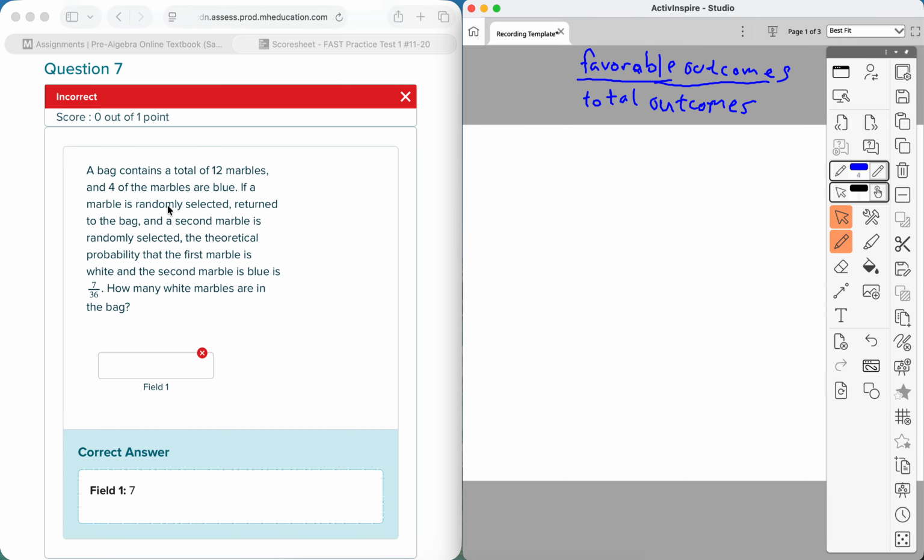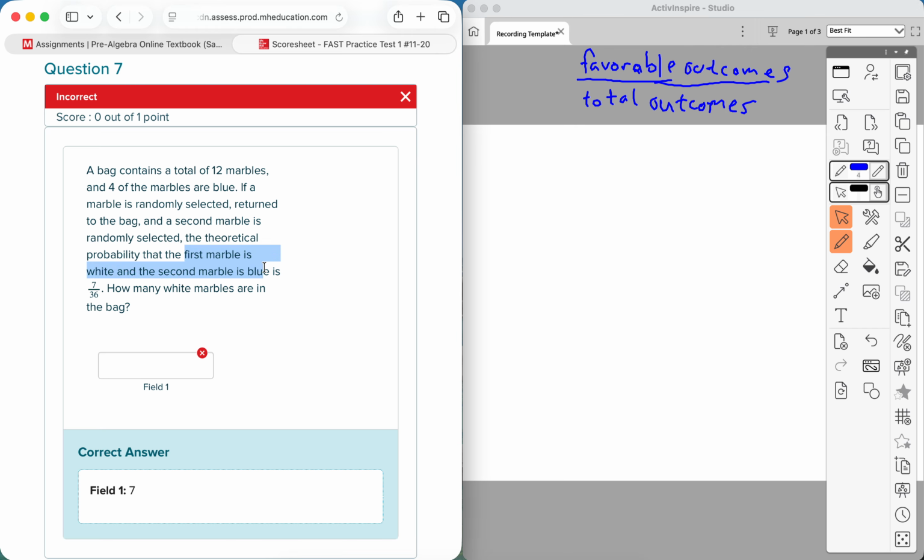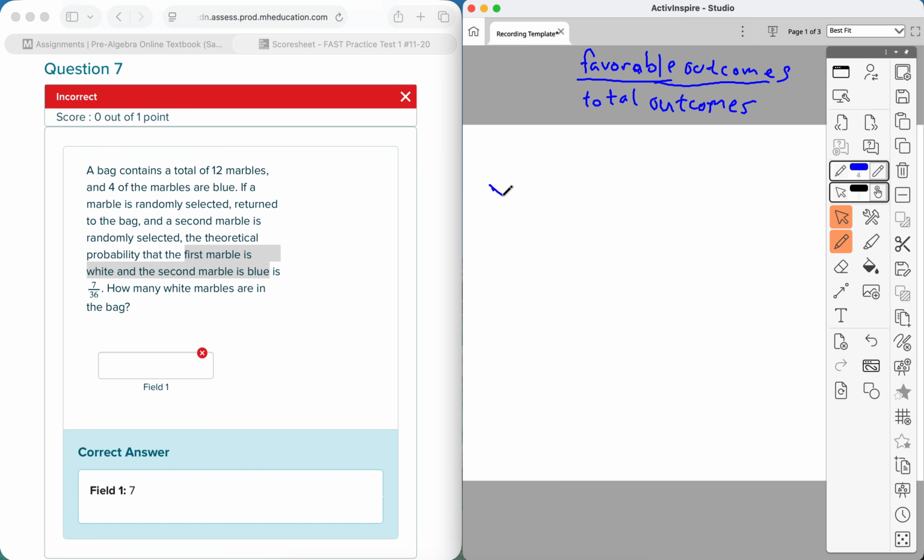Our first event is theoretical probability. In the first event, the marble should be white. They don't tell us how many marbles are white, so we're going to call that x over 12, because there's 12 possible marbles and x of them are white, because that's an unknown. We don't know how many are white. And then second event, so we're going to multiply. Second event, we're trying to get a blue marble. We know there's 4 out of 12